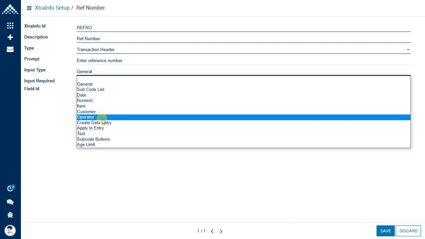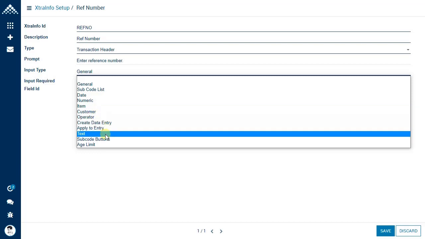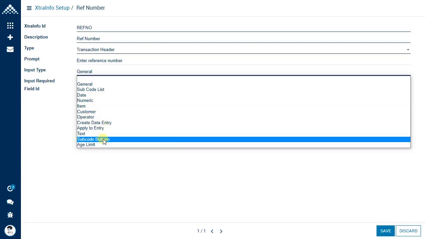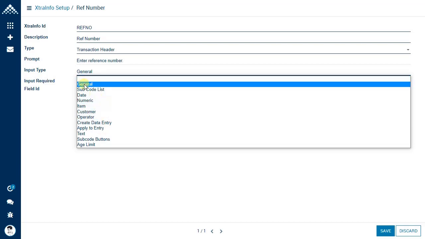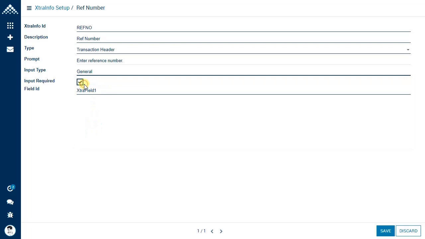Similarly, customer, operator, text, subcode buttons, age limit, those options are available. For this example, we'll choose general. Input required, whether you want to set input is required. If you set it true, then the user will not be able to proceed without a proper input.